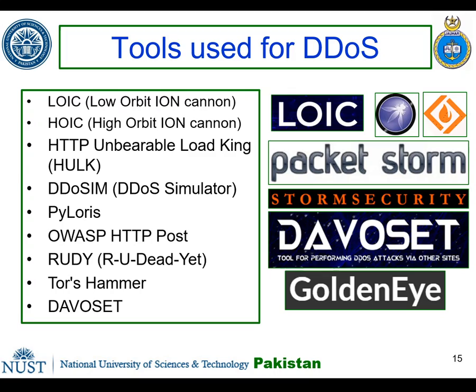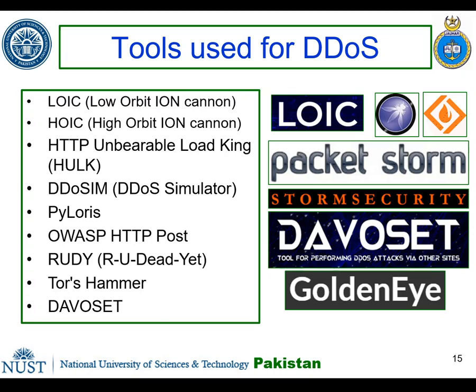There are numerous DDoS attack tools that can create a distributed denial of service attack against a targeted server. Few have been handpicked. List of these distributed denial of service attack tools as flashed on this slide. LOIC, Low Orbit Ion Cannon, is an open source software used for DDoS attack. It is written in C#.